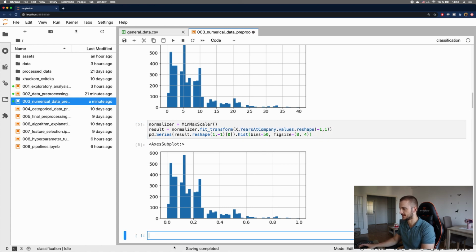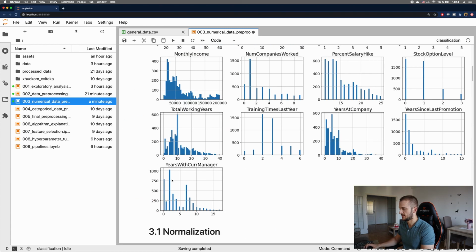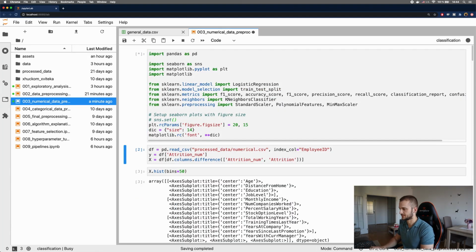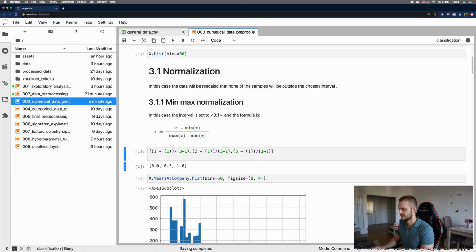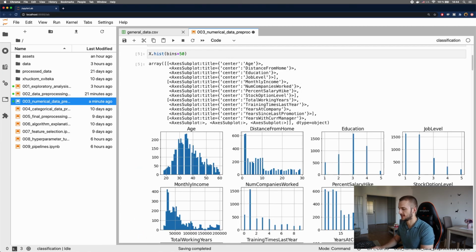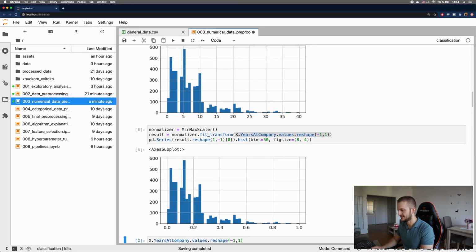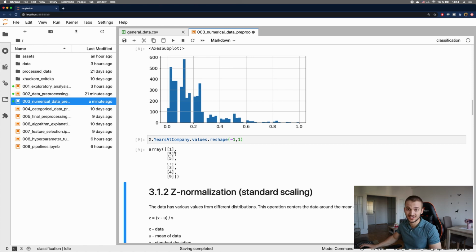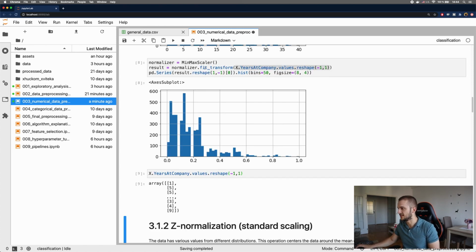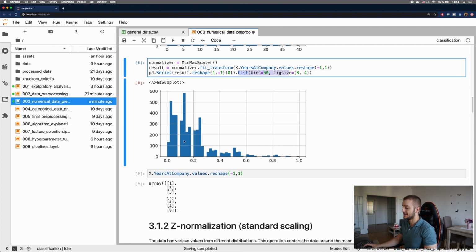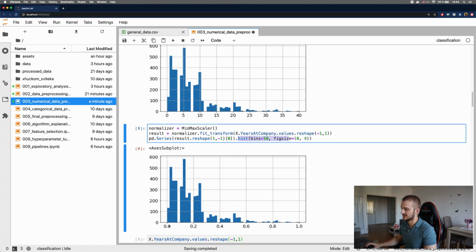If I put it here outside, you will see that this command, oh yeah, I didn't run this. So just don't forget to run those, it takes some time. Just to plot these. And here you can see that I'm creating the column vector as an input to the normalizer, and then I'm reshaping the column vector back into a series, so I can have the output for the histogram. Now you can see that the histogram went from these into these, starting from 0 going up to